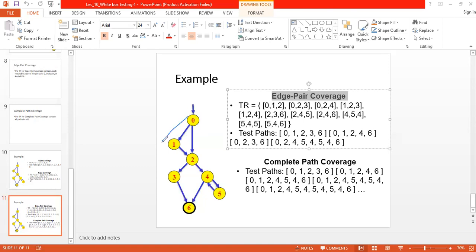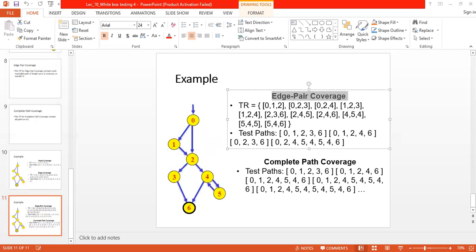So 0, 1, 2 will be one. Then 0, 2, 3 will be another one, 0, 2, 4 will be another one. Likewise, you can see. So in the 0, 1, 2 edge pair, this edge and this edge are covered. And in the 0, 2, 3 edge pair, this and this are covered.